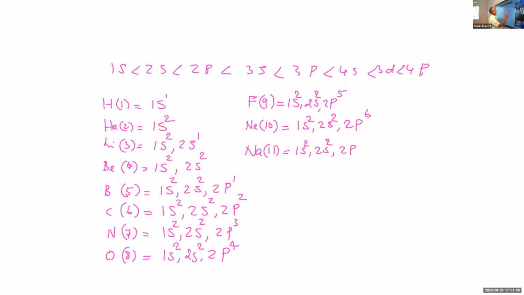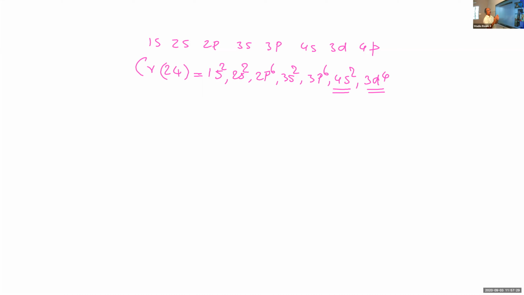Now let me show the orbital in the form of a box. That is known as a box type diagram. That is not the shape of the orbital. The shapes we have already seen. But for simplicity, we are going to represent the orbital in the form of a box.